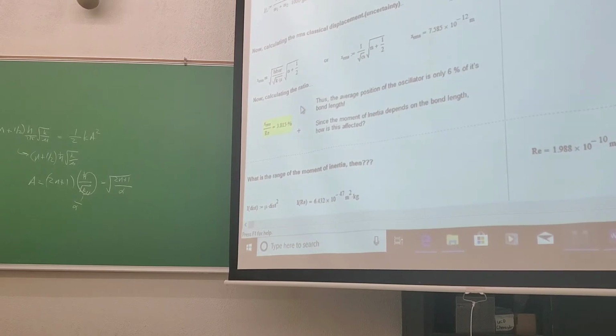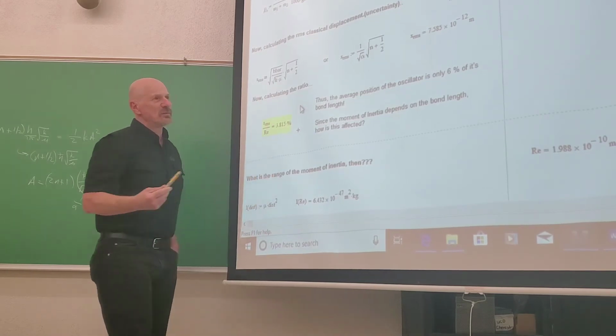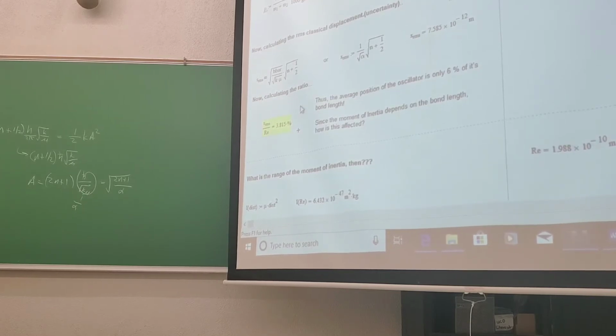That's right. So in B, what's the fraction? You're going to redo that problem. All you will need, I've given you enough information to calculate the force constant and the reduced mass. I've given you the vibrational frequency and the equilibrium bond distance. So find this RMS to RE ratio for that. And then repeat that for deuterium D2 and